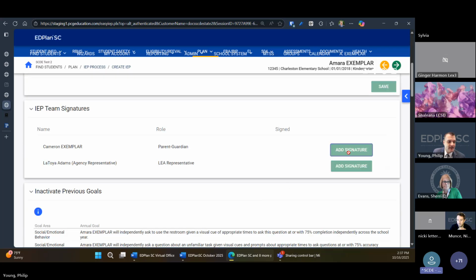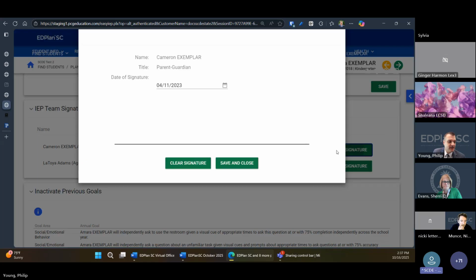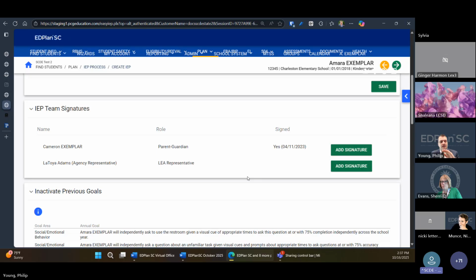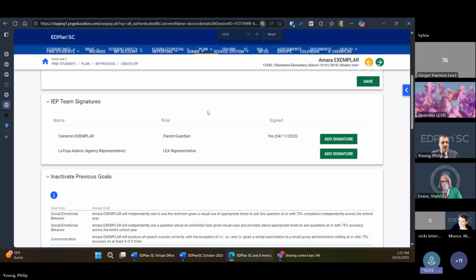There's not a lot that you'll actually see in the system related to this, but if I click on Add Signature, when I add my signature and hit Save and Close, it not only is going to save the signature, but it's going to save and reload the entire page. So you can see that saved icon comes up. So that kind of locked in that signature now.